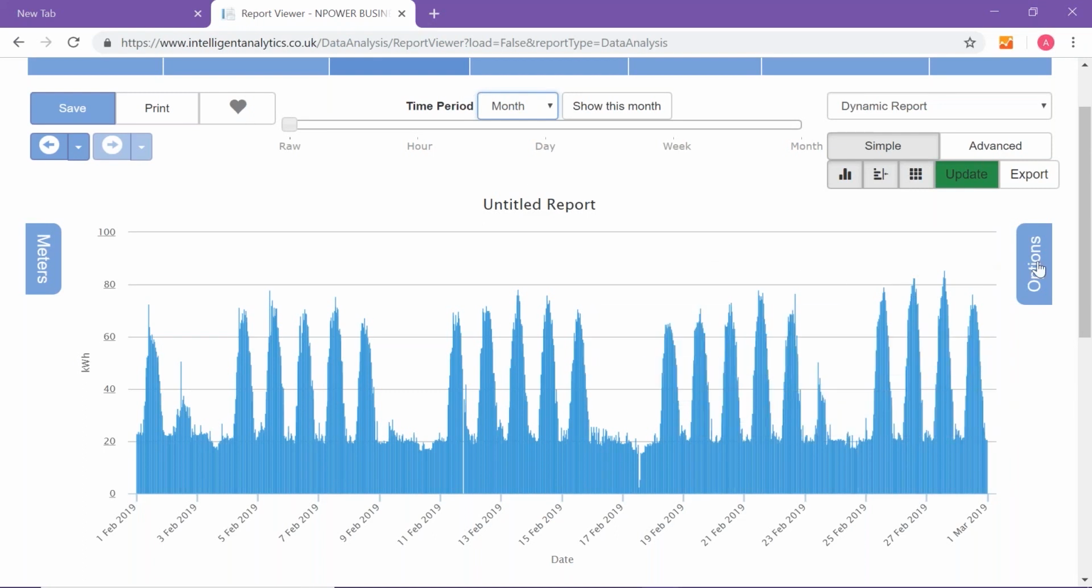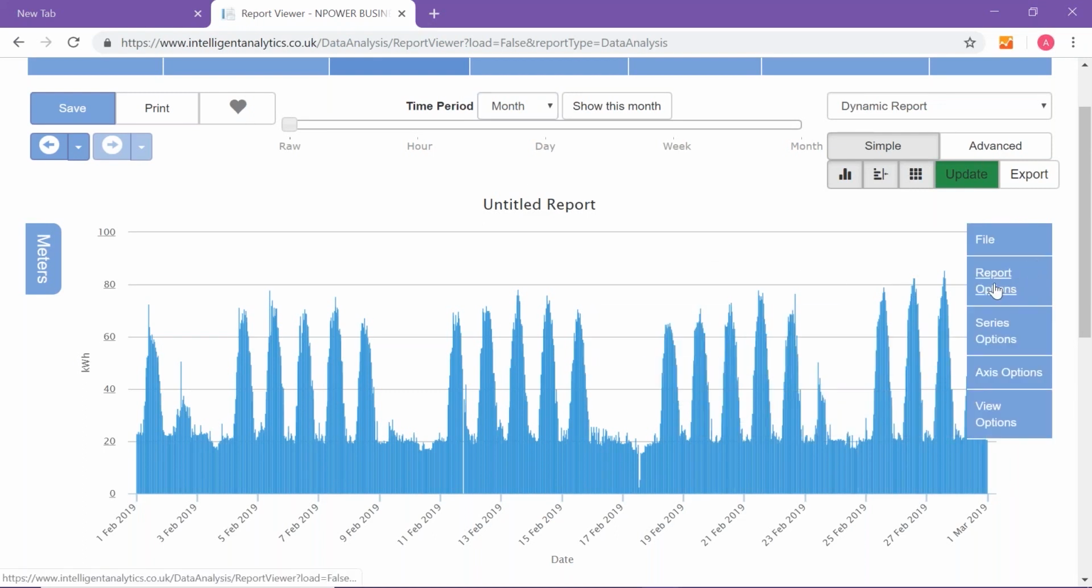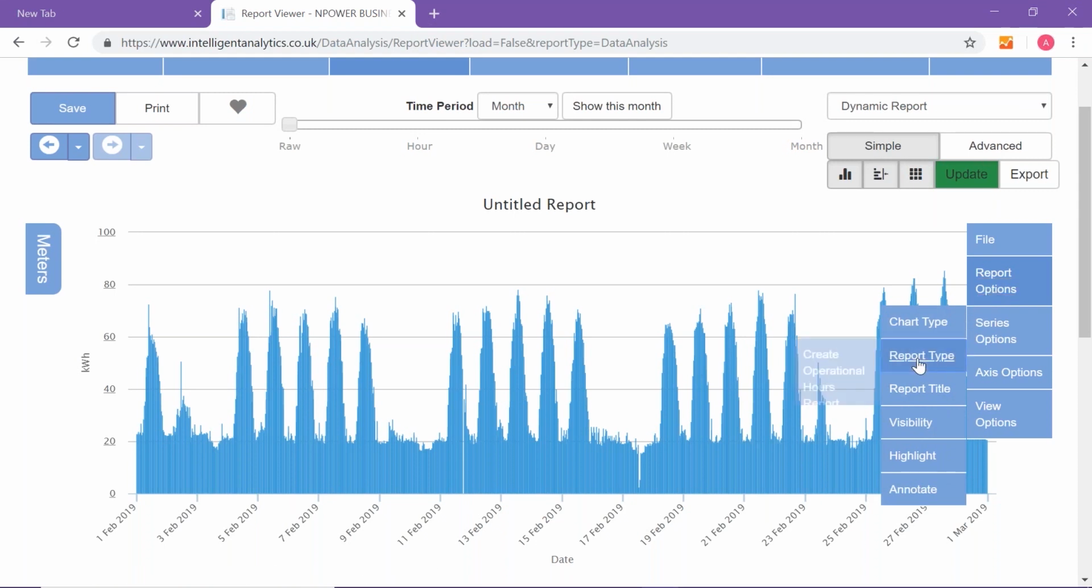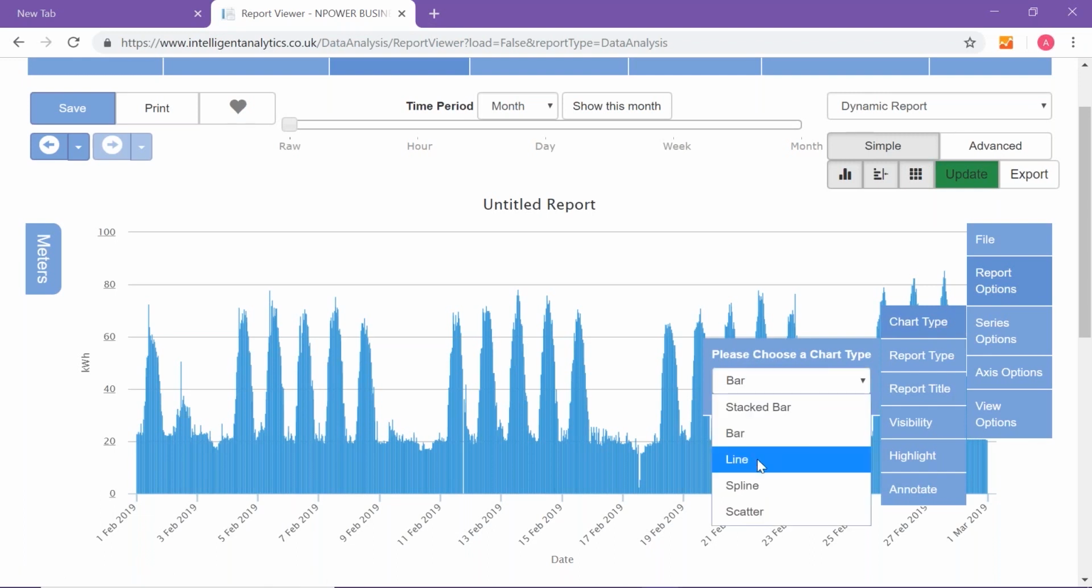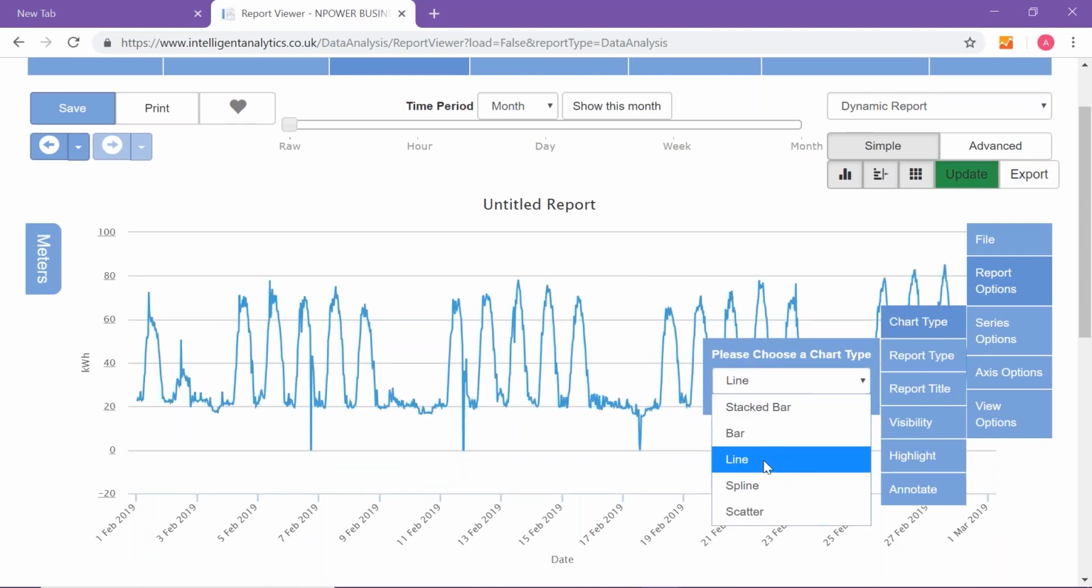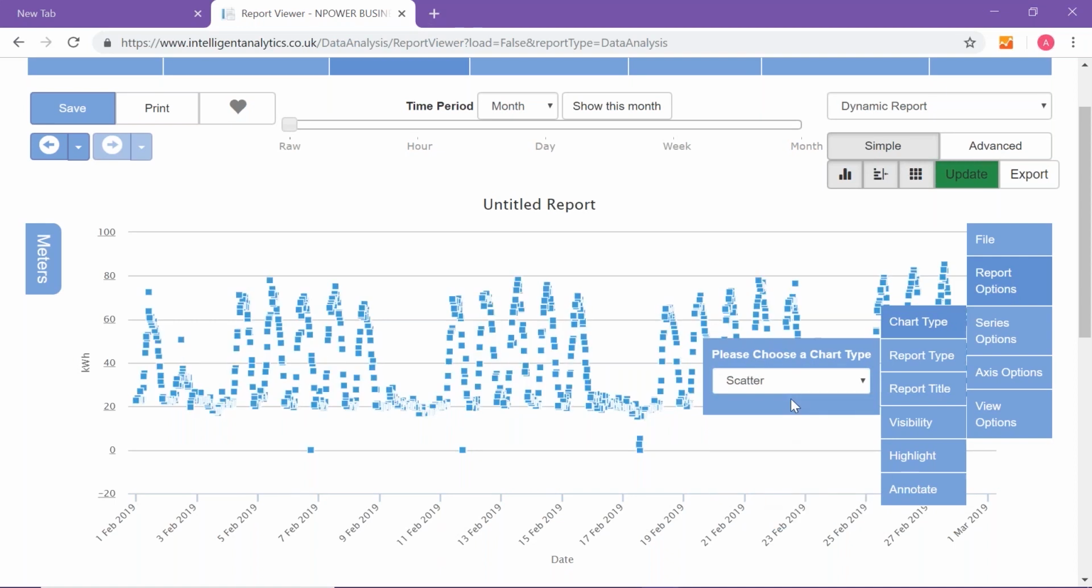In the Options tab, you can go to Report Options, and you can change the report type, chart type, to a line or a scatter report if you wanted to do that. I'm going to put it back to a bar,